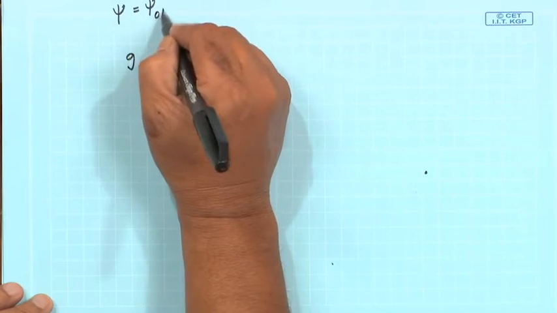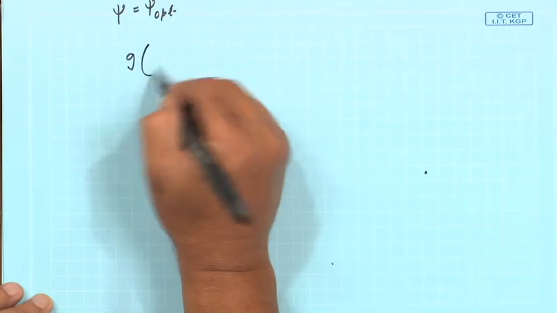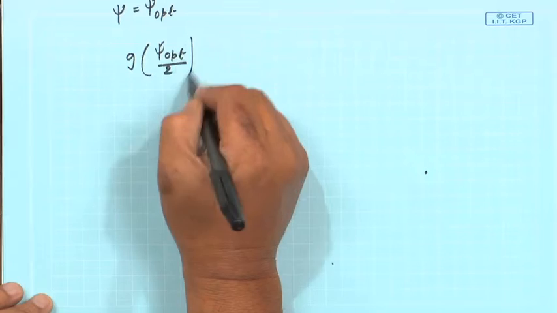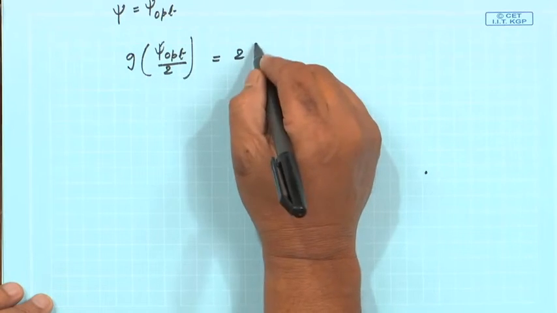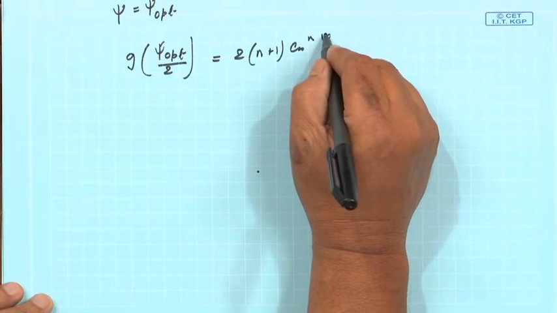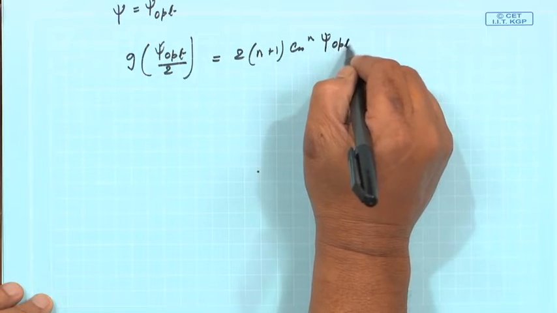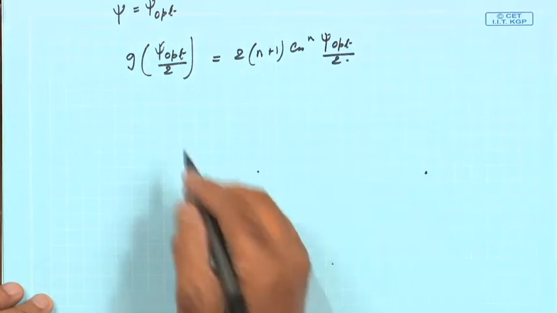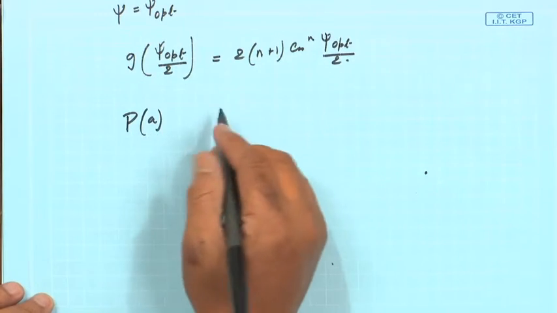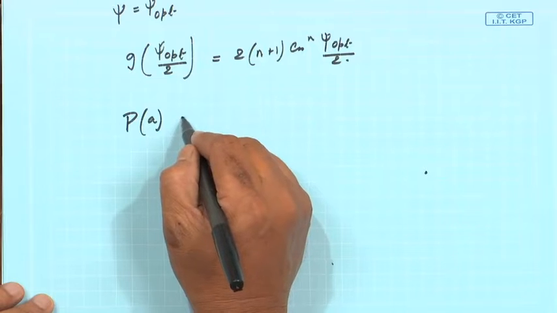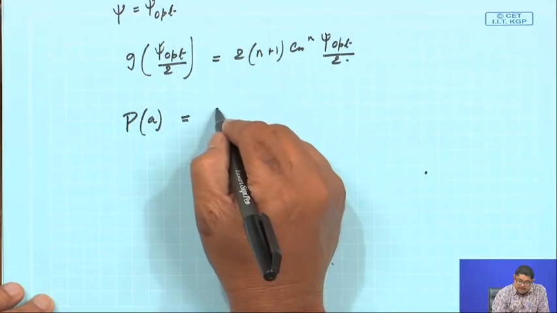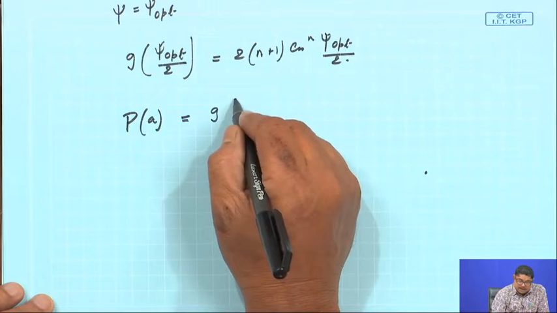Let us call it psi opt. So, we know that G of psi opt by 2 will be 2 n plus 1 cos to the power n psi opt by 2. We have already found the aperture power density Pa in terms of the feed pattern, so from that expression we can write